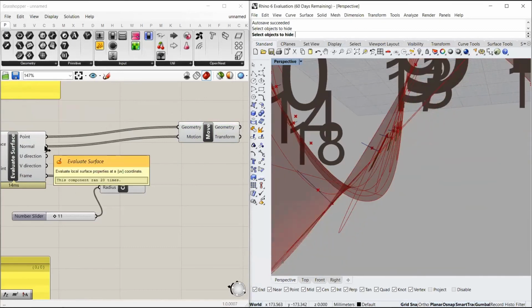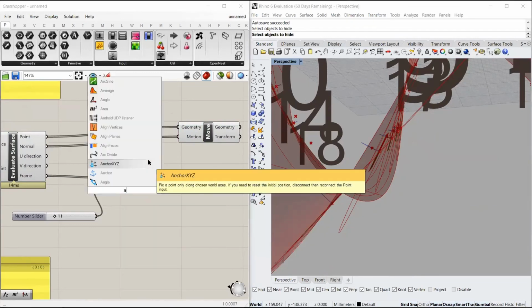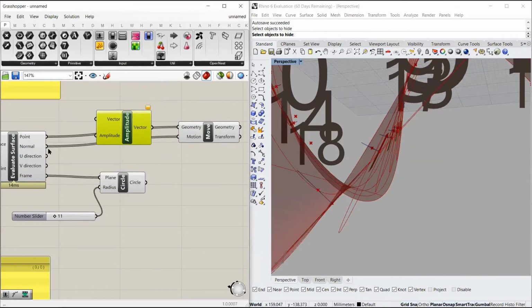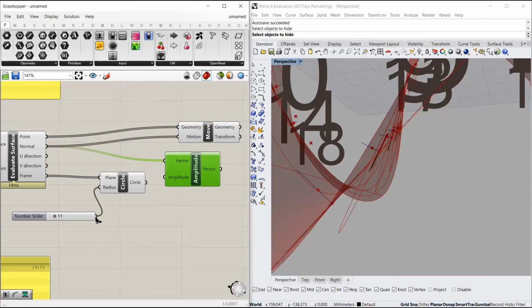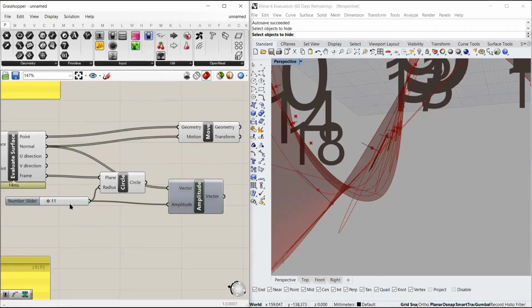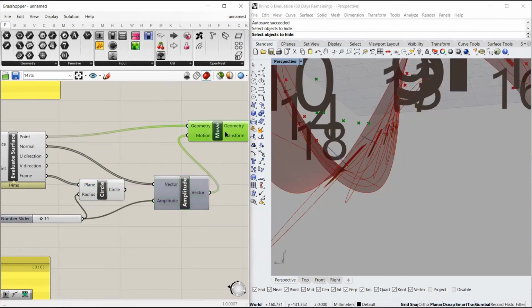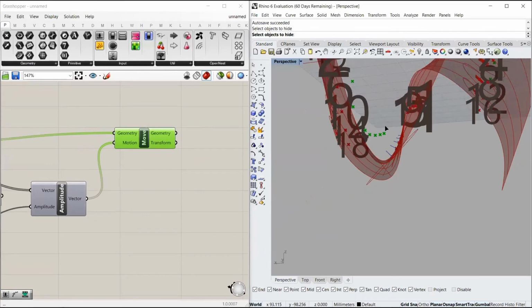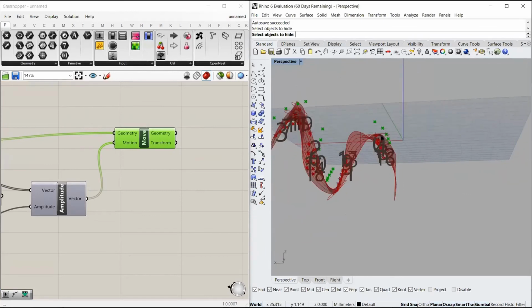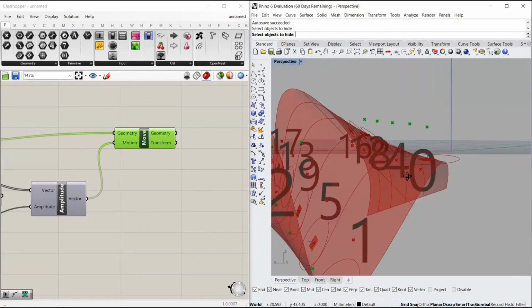Now this normal direction is a unitized vector. To magnify the amplitude of this unitized vector, there is a component called Amplitude. Suppose I want the same parameter to guide the radius and the amplitude. So I can input the same number slider in both of these, and this as my motion. So you see, all the points are moved in a perpendicular direction from those frames.